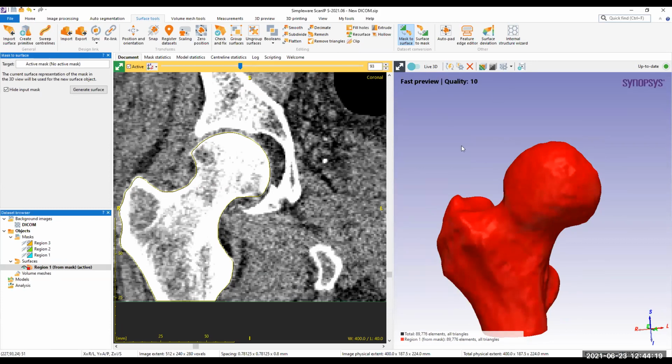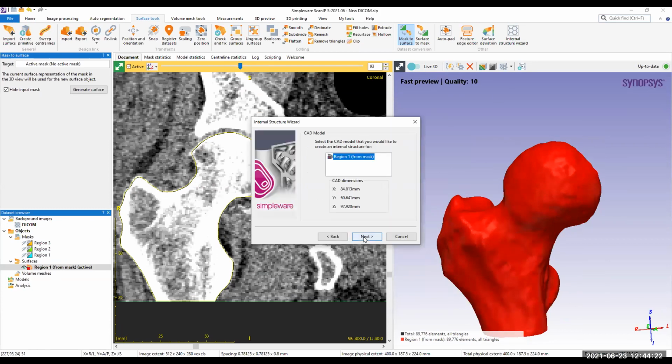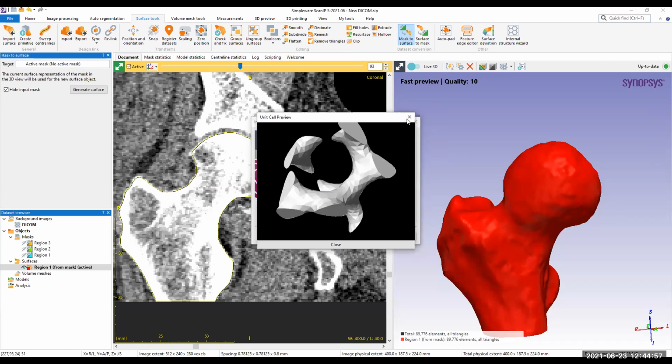Now I will generate an internal structure out of it. So I'm using this internal structure wizard. I can use this, or I can incorporate my own equation for the internal lattice or the lattice structure. For the shell, these values completely depend on the 3D printing hardware that we have. So for me, I will keep it at 2. I can generate a 2 mm shell thickness. What type of unit cell do we want? I can go ahead with the gyroid. So this is the structure that I'm going to generate inside.